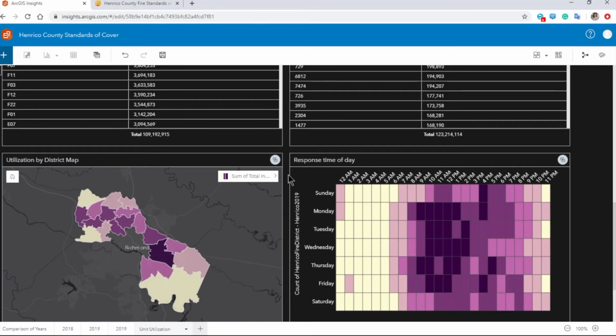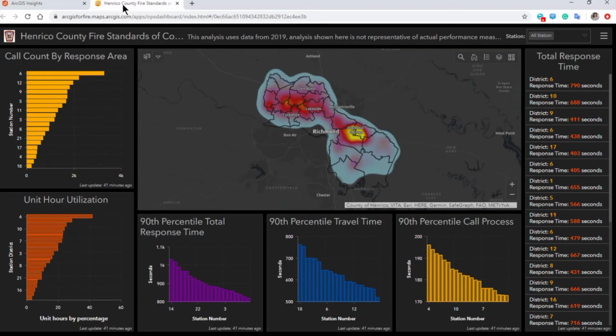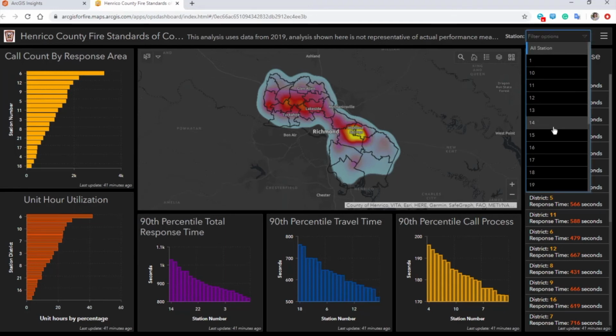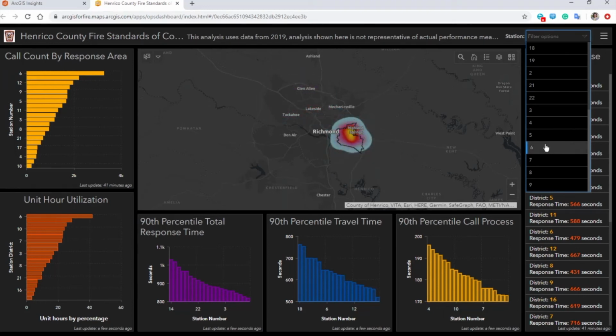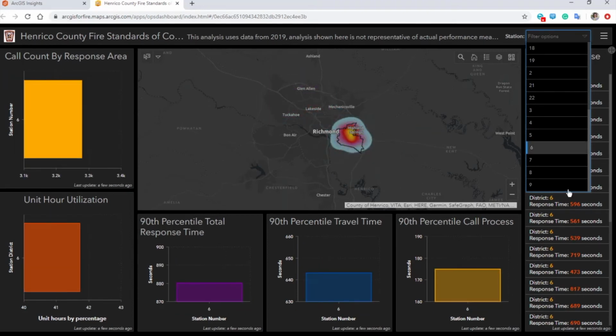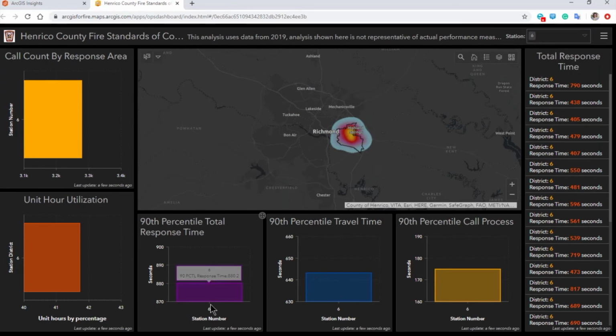Now, as Mike also mentioned, this is something that an analyst might want to view. When we're showing this to executives or other individuals that need to see this information, working on budgets or accreditation, I've taken this information and shared it out, and now I've built a dashboard. So this is the same districts we previously saw. We're using the 2019 data, and now I can look and see what the total response times were based on calls. So if we go down and I click on 6, as we were just looking at, we can go down and see the average